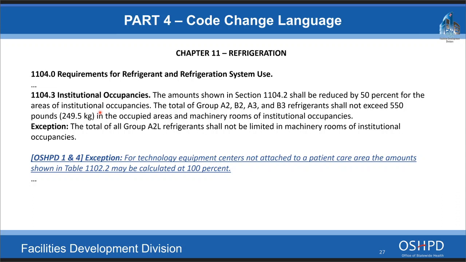So in general, in chapter 11 on refrigeration, when you have a high occupancy, it says the amounts of refrigerant you can use in these facilities, you've got to take that max allowable and cut it in half. And what we're finding is there's a lot of systems being proposed, like variable refrigerant systems, that are excellent for cooling IT rooms and stuff like this. And we found those were just not being allowed in a lot of instances where they would be perfectly safe. That's all we're trying to do here.